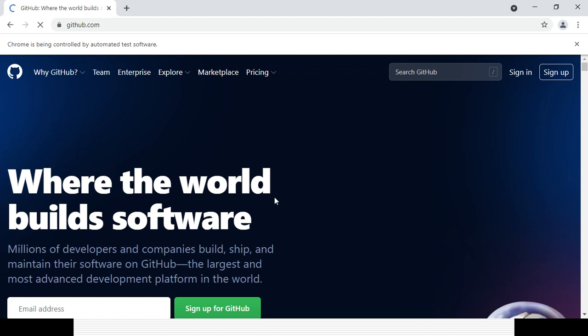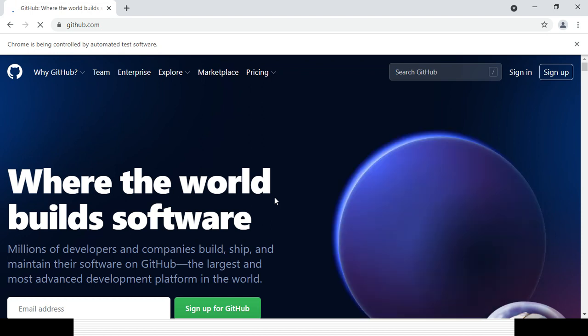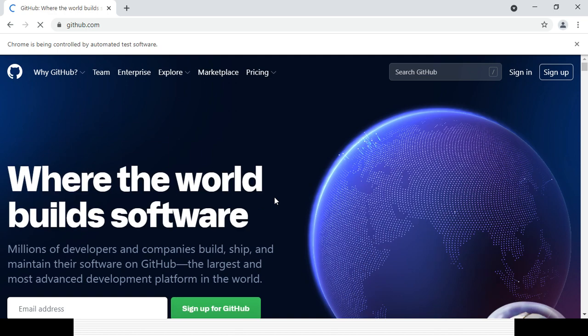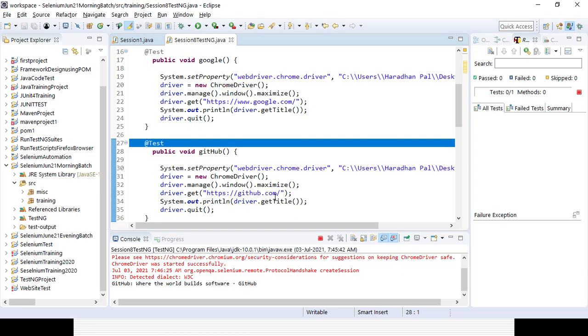After that it will again open a new browser, right? And it will open the Google page. Let's wait for a couple of seconds for it to fully load and it will quit the browser. Okay, quitting the browser. You can see the output is coming, GitHub, that is your title. Again it will open another browser because the earlier one has already quit. Still working.